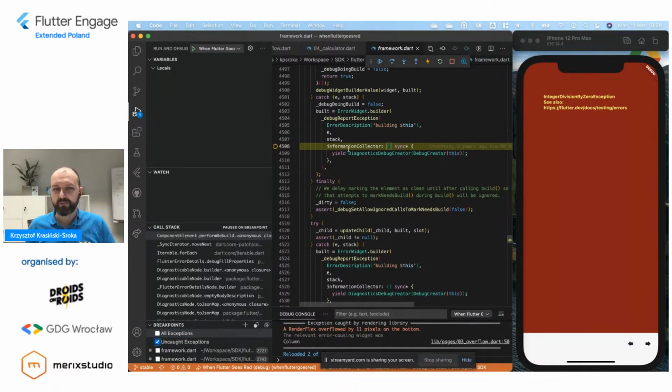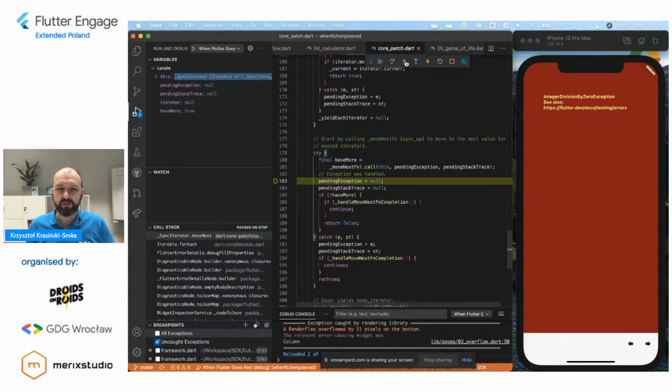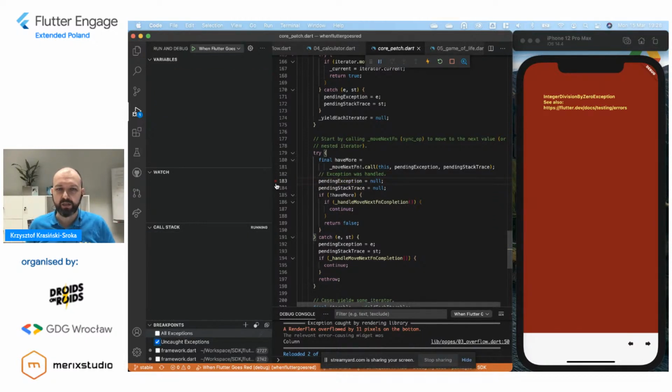So this kind of view is actually quite neat. If something happens and you really want to inspect the data behind it, you can do this in your own widgets as well by setting a breakpoint, and then it's really easy to inspect what is the data that causes this problem.